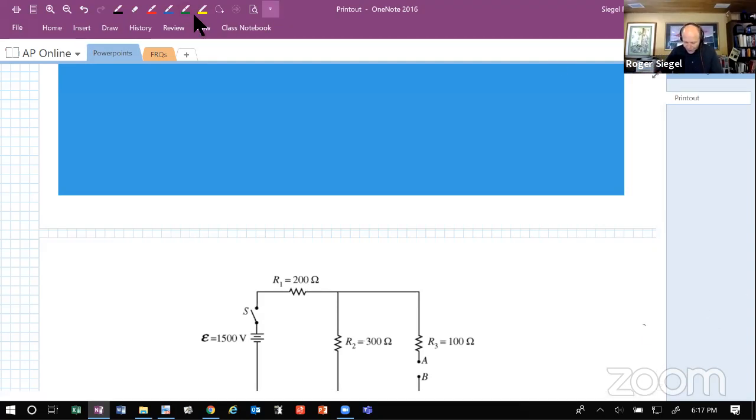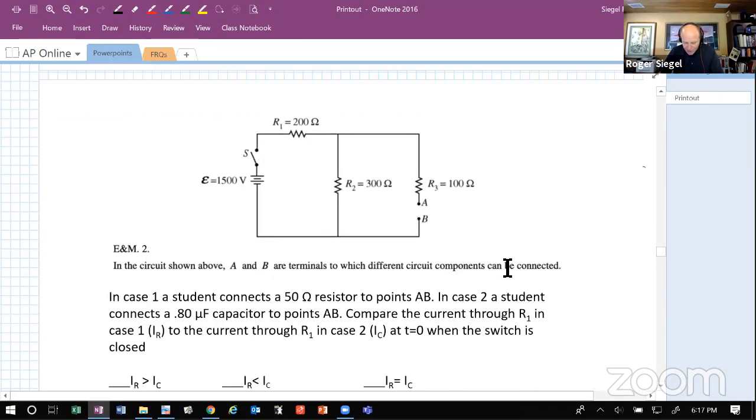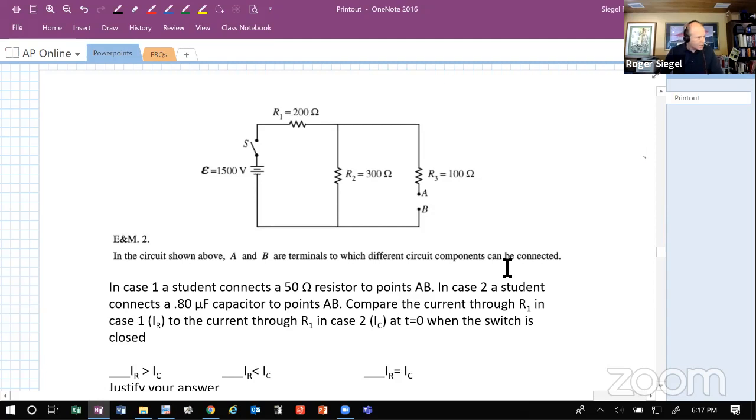Now, so we're continuing to look at circuits and current, and so let's see what we can find over here. In this next problem, we're going to do 2 different iterations of this. You can see that we start with a circuit, and our circuit's got a battery here on the left, 1500 volts, a switch. We've got a 200 ohm resistor, a 300 ohm resistor, a 100 ohm resistor, and then we've got a little